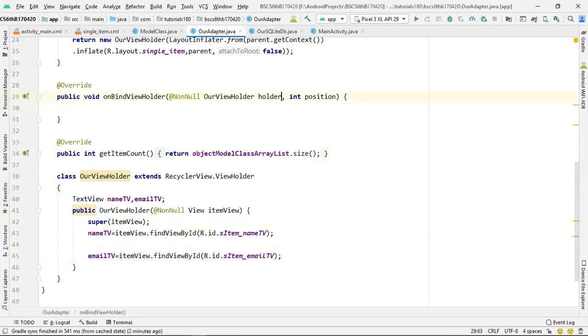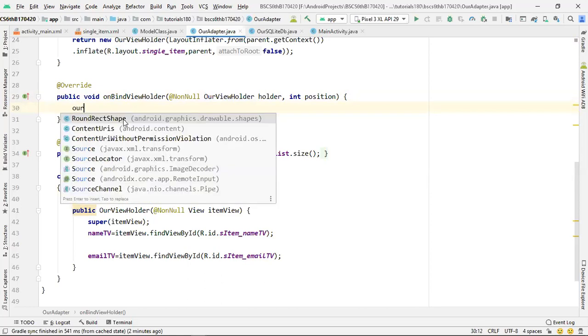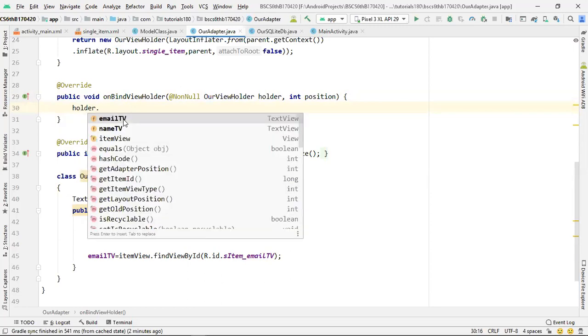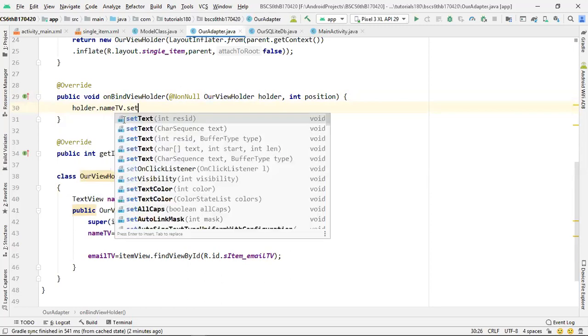After connecting these, the next thing we need to do is to call these inside our on bind view holder, in which we're actually going to put our data onto these text views. As these text views are stored inside our view holder class, we need to call the object of our view holder class. So I will be calling holder dot name dot set text.